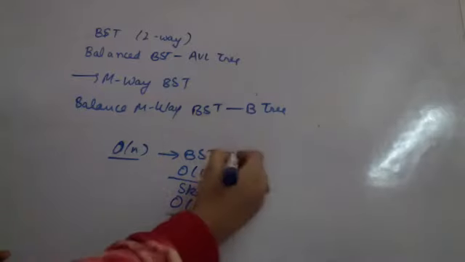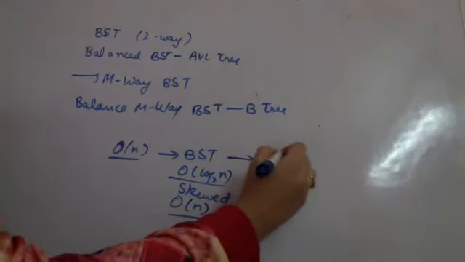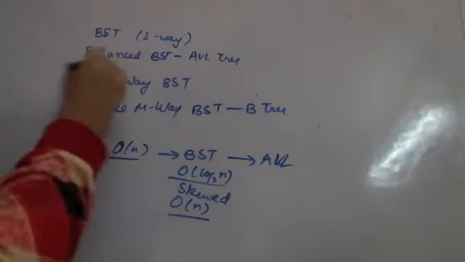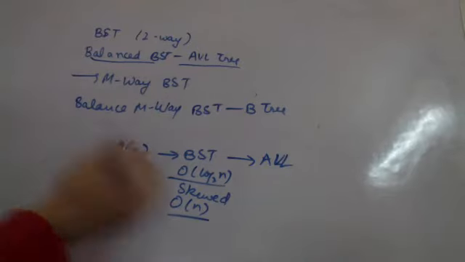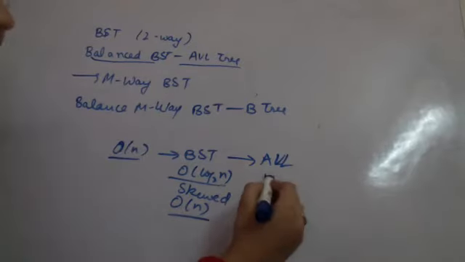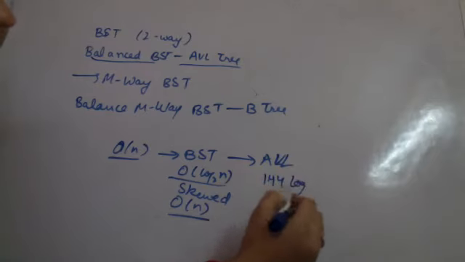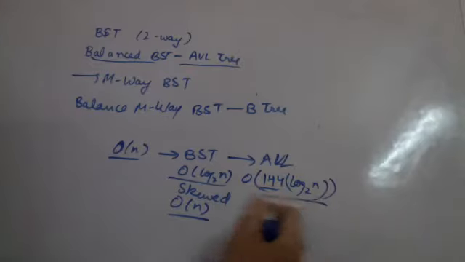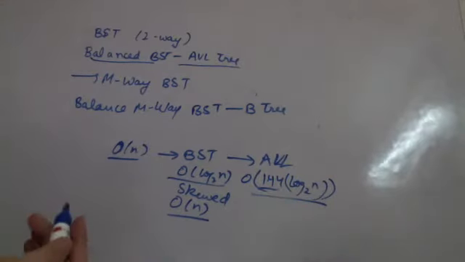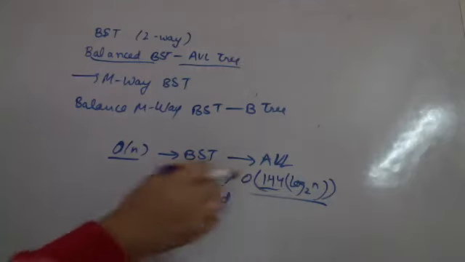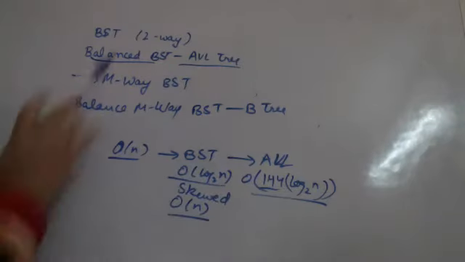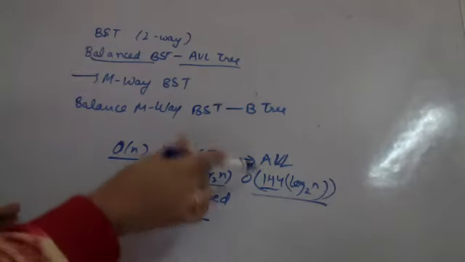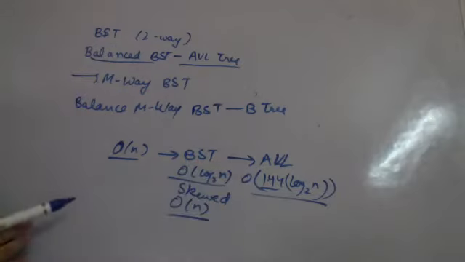So to correct this, we are trying to balance the binary search tree. Balanced binary search trees are AVL trees, where the height of the binary search tree, the search time is maximum 1.44 times the order of log 2n. Maximum. So it will be of the order log n essentially. This is some constant, but yes, 1.44 into the order of log 2n. So now I am saying all the AVL trees are giving us very good results in terms of searching,